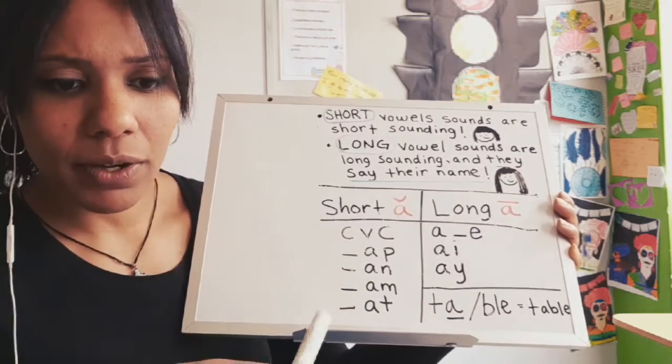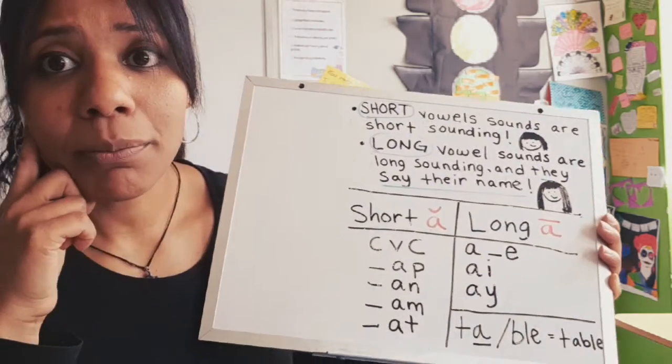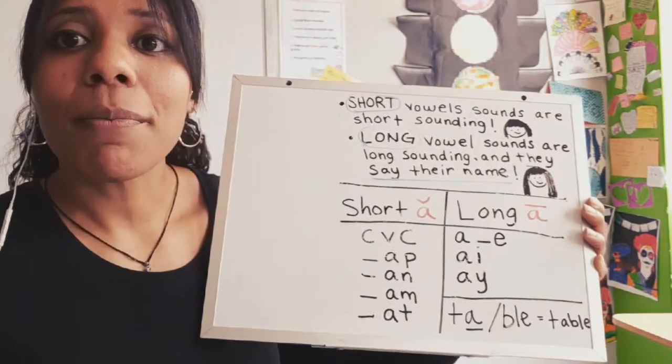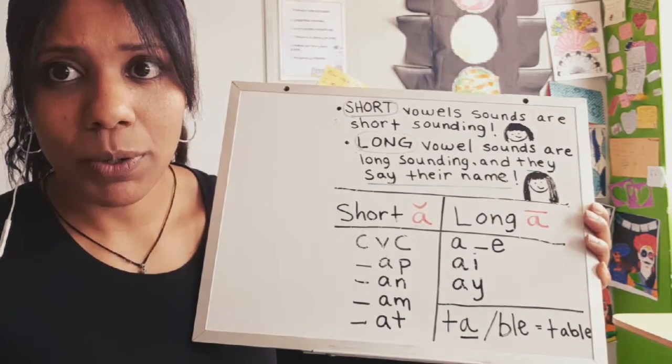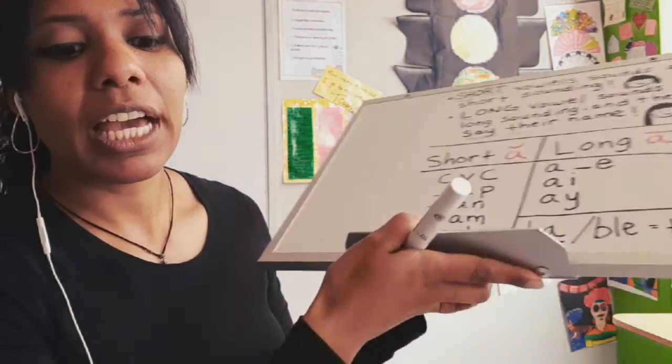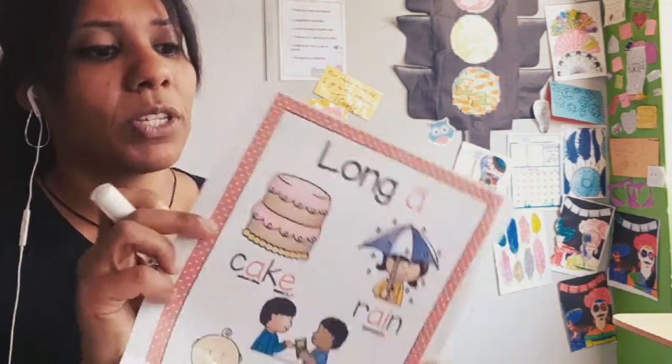You can watch the video again, but the important thing to remember is that the long A makes the sound of the name, okay? So it says A for the long A. So we're going to look at a few words, okay, to see how this works. So here we have